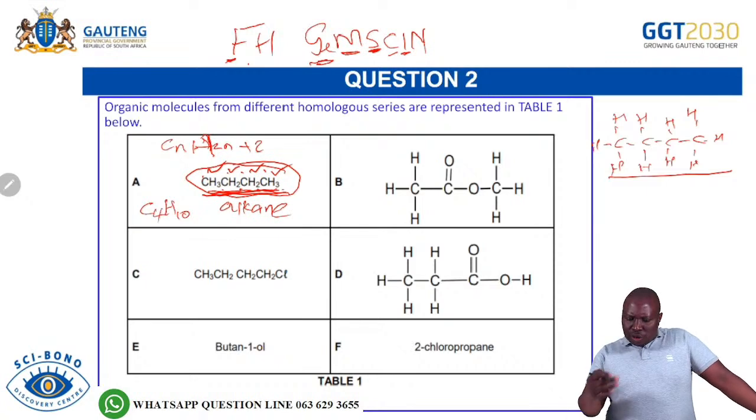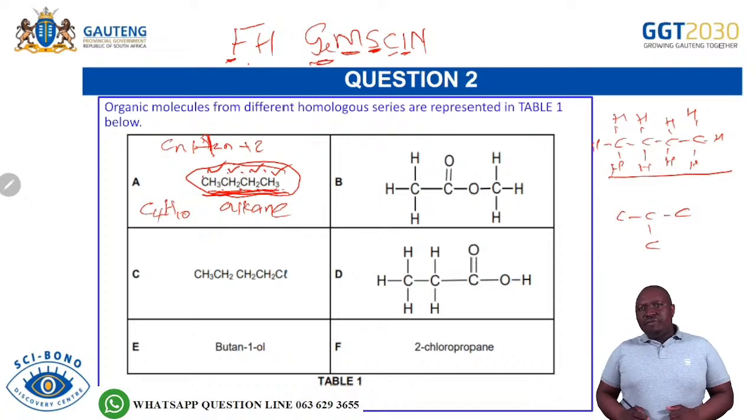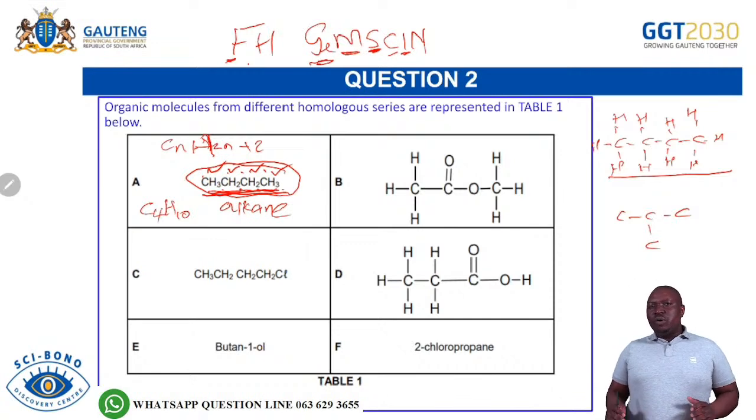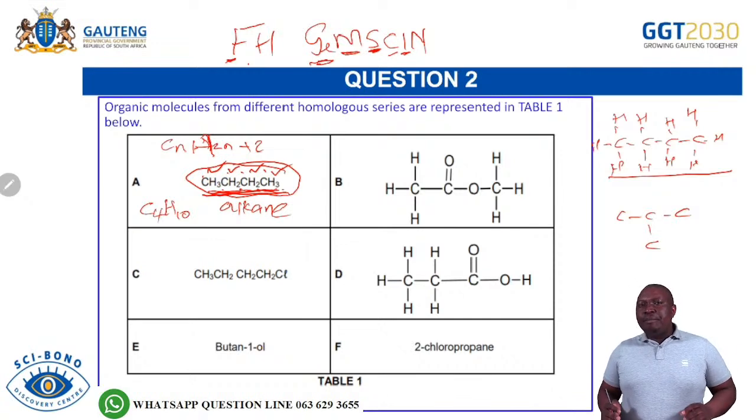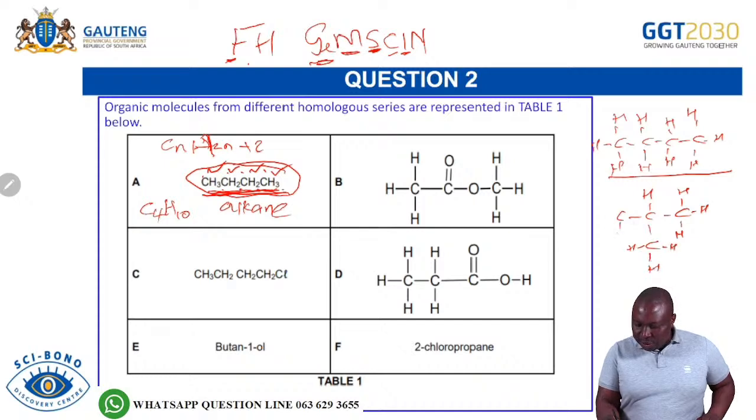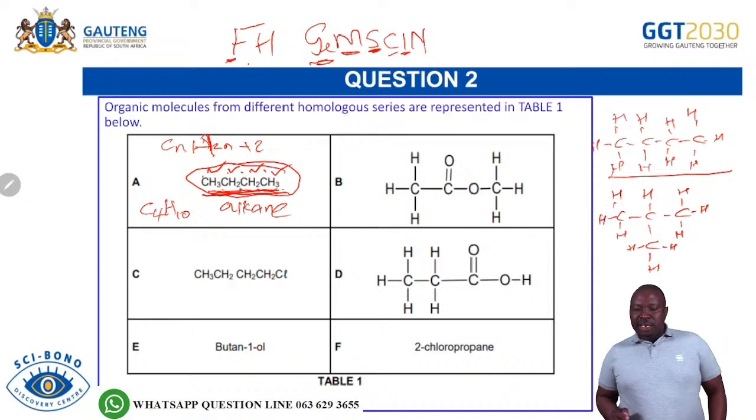Remember, immediately when you introduce a branch here, you will now have an isomer. So if I take this CH2, for example, I draw 3 carbons, I take 1 carbon, I put it in carbon number 3. Definitely, we are going to have chain isomers. Remember what chain isomers are? They have the same molecular formula, but different chain length. You can see this is a 4 carbon, this is a 3 carbon for the longest carbon chain. So remember how we come across the chain isomers. Immediately when you bring branches, you are now bringing isomers, which are called chain isomers. So I've shown you that this can have an isomer with a branch in carbon number 2 there.